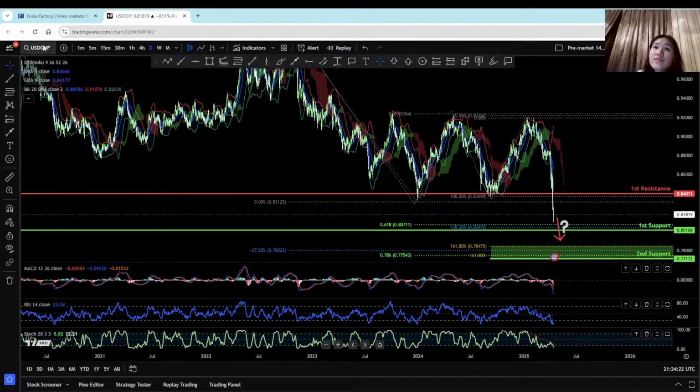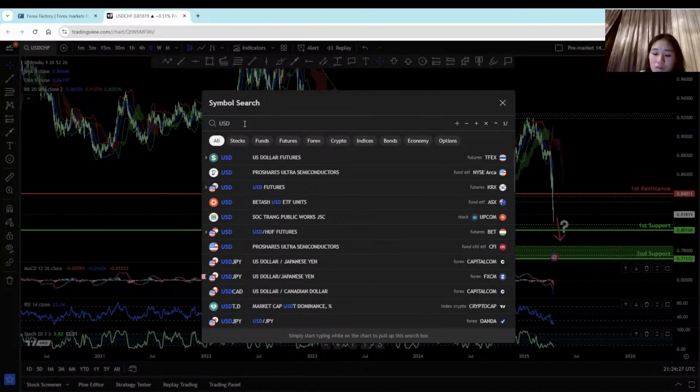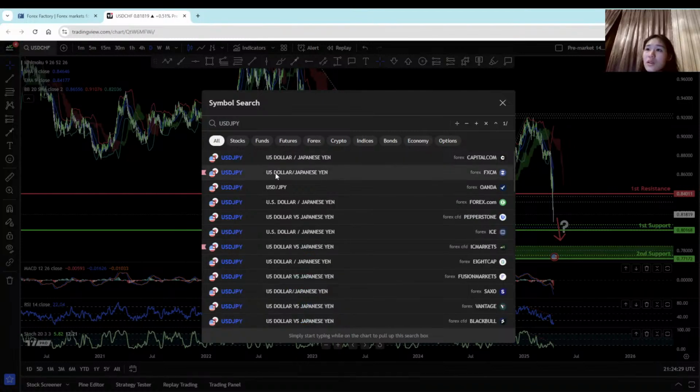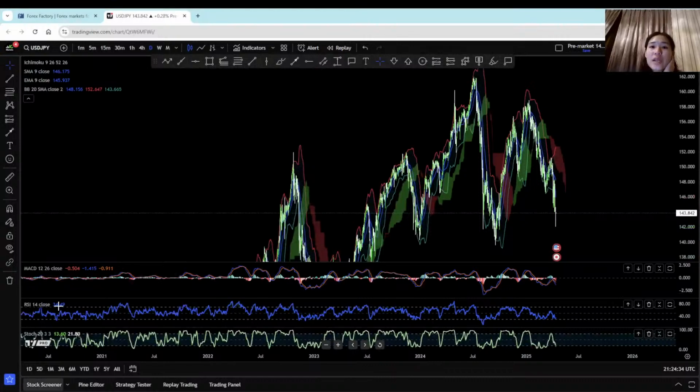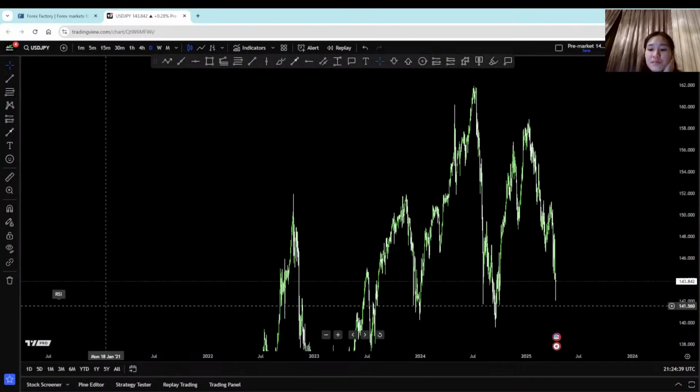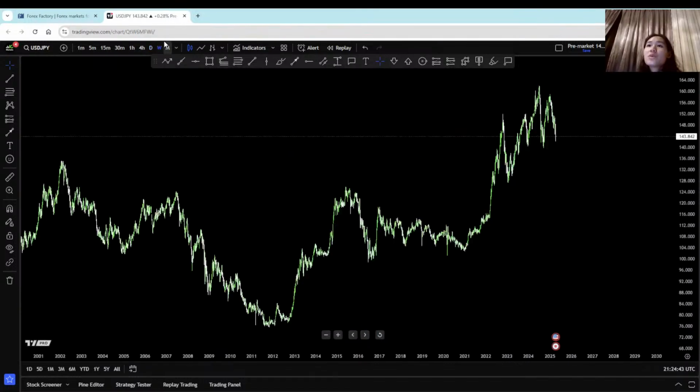Let's look at dollar yen first. Let's do a couple more currency pairs, and then we can go ahead and look at our stocks and indexes. Okay, so dollar yen,